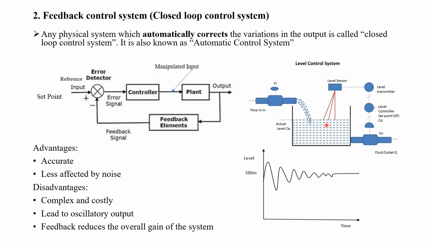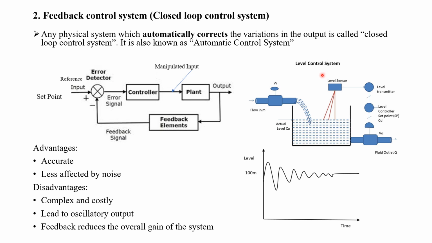Now initially we can maintain the tank level at 100 meter. This 100 meter water level is sensed by the level sensor and it is given to the level controller. The level controller will also receive the set point, that is the reference input signal, as 100 meter. The difference between these two will be 0. There is no error signal and there will not be any adjustment in the outlet valve. That is, the tank level is maintained at 100 meter, which is equal to the reference value.